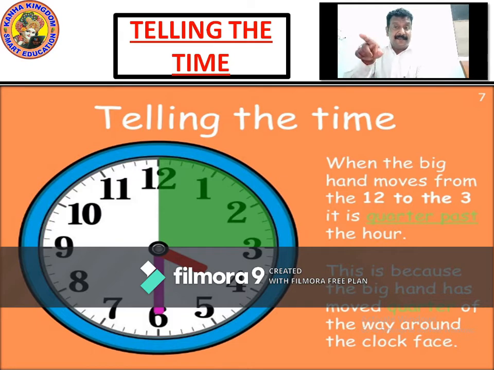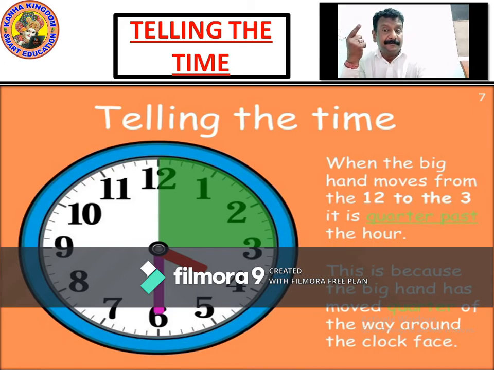Right? When it crosses 6, then it is second quarter past. Right? When it passes 9, this is the third quarter past. Third quarter means 9. 9 5s are 45. It's 45 minutes past. Third quarter past means 45 minutes past. Second quarter past means 30 minutes past. First quarter is 15 minutes. 1 to 3 is 15. 3 to 6 is the second quarter. Second quarter means 15, 15, 30 minutes crossed.